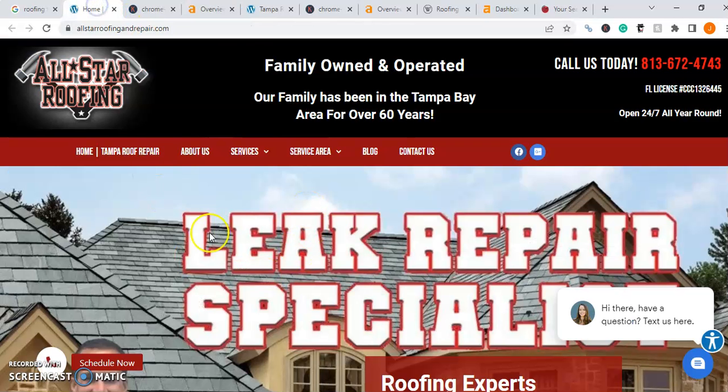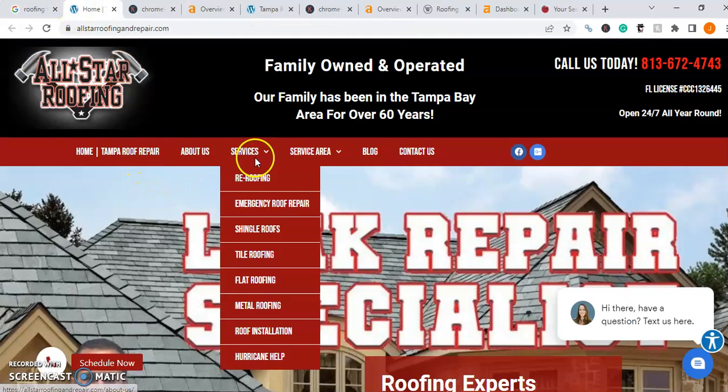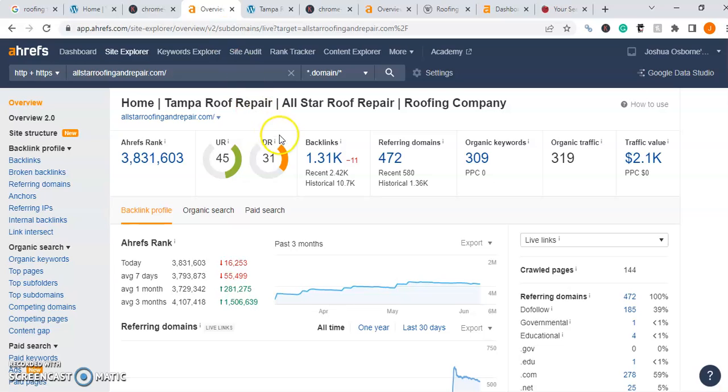So in this case, we're just talking about your home page, whereas DR, on the other hand, stands for domain rating, and it describes the power that goes to your entire website. So not just your home page, but our service pages, our service areas, all those pages are summarized in DR. Now, it's really important that we combine the two to create the strongest ranking strategy possible, as well as our